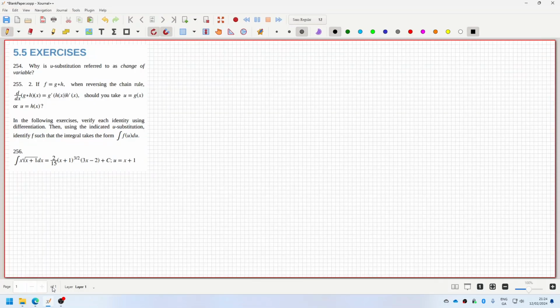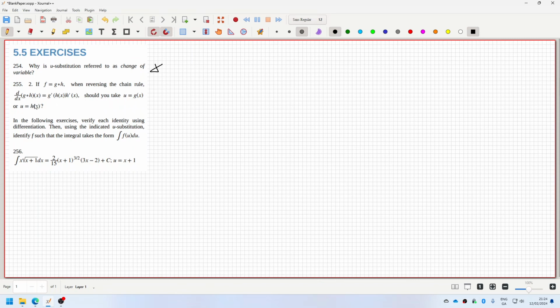All right, let's see now. Why is u substitution referred to as a change of variable? I'm not even going to write this down, because you are changing the variable from x to u. Right, if f equals g composed with h, when reversing the chain rule, should you take u as g